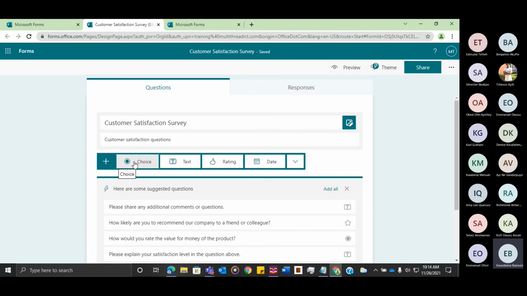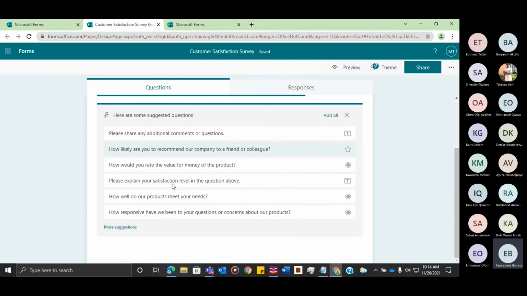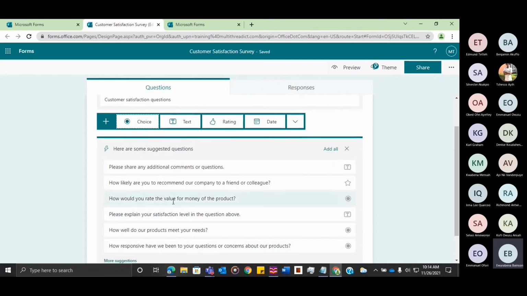Now there's an additional feature which even suggests some questions for you. So if any of the suggested questions fall in line with the kind of question you want to ask, you can easily click any of them and then it will just put that over there for you. So let's say for the first